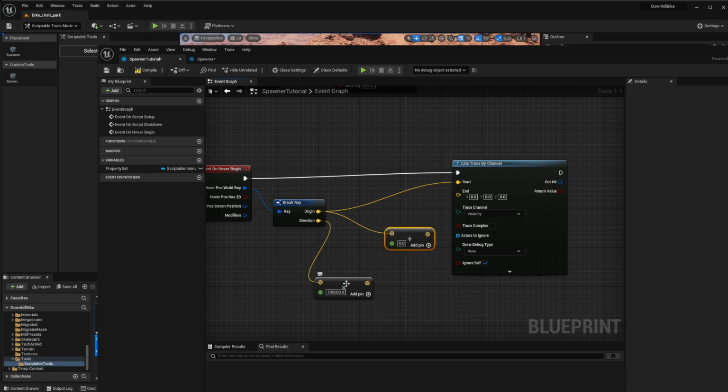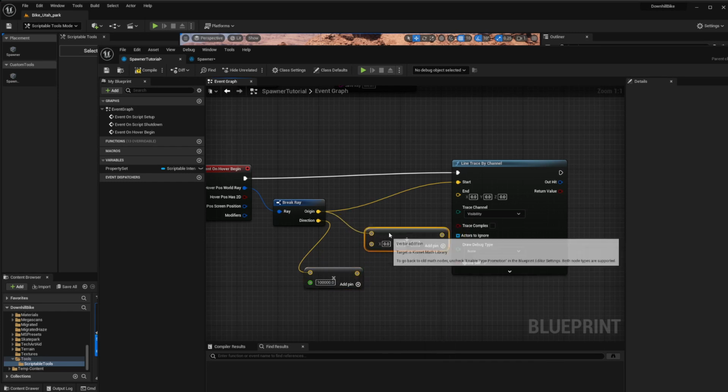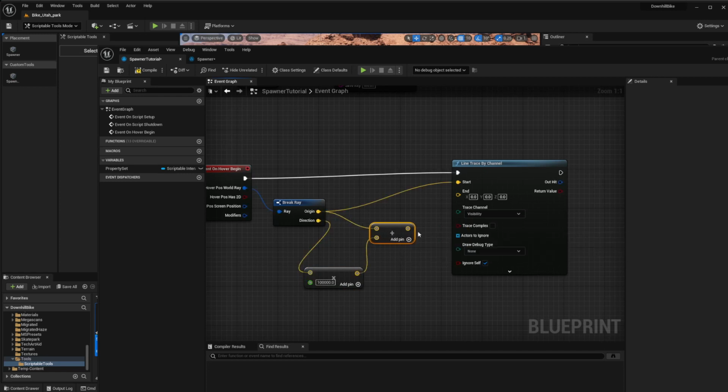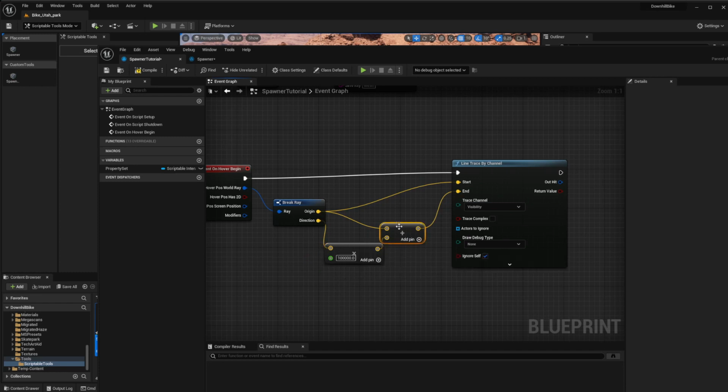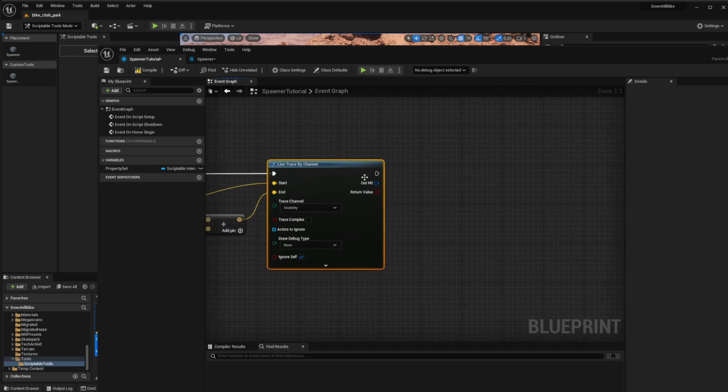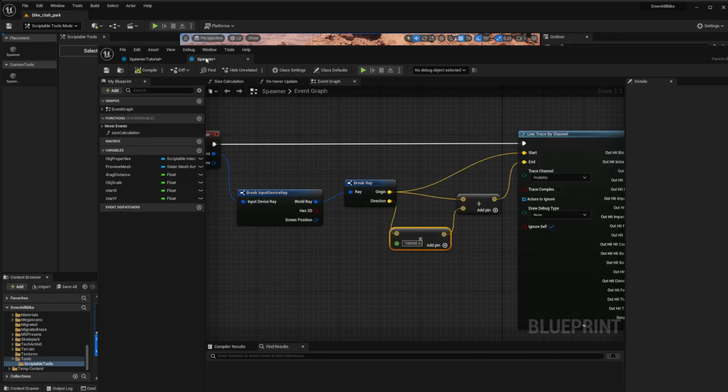Connect this. Actually, this should be vector. So we'll reconnect this, and we'll connect this to the end. So we are tracing from the origin to a very far point in the direction that we're pointing the mouse in our scene. And if we have a successful hit,